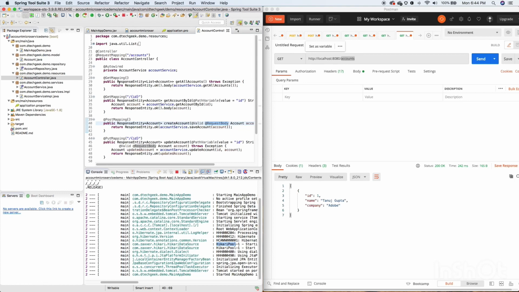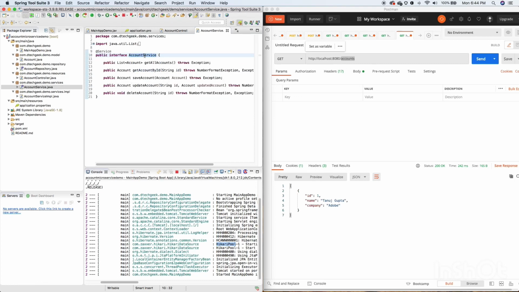So let's start with the GET mapping, the GET call for this controller. As I told you, as soon as any kind of request comes onto this controller, it passes this request to the service layer. So for that, we just need to have the dependency of the service layer in this controller. This is created with the help of the @Autowired annotation, and then whatever the service file is there. In our case, this is the account service.